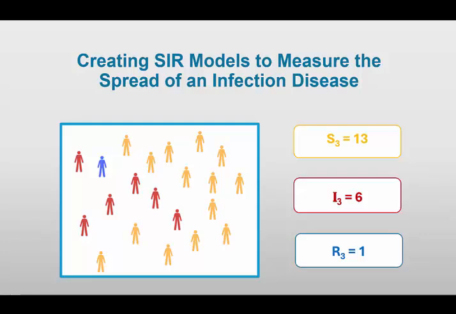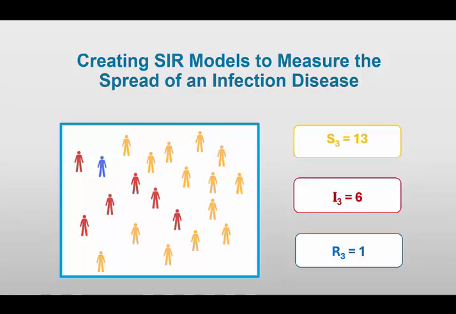In this video, we're going to explore how we can use epidemic modeling, more specifically the SIR model, to measure the spread of an infectious disease. Whenever a virus appears, whether it's a common cold or something much more serious such as COVID-19, scientists rely on these types of tools to answer key questions, such as how quickly will the virus spread, or how many people will be affected by this new disease, or are there any new things we can do to stop or slow